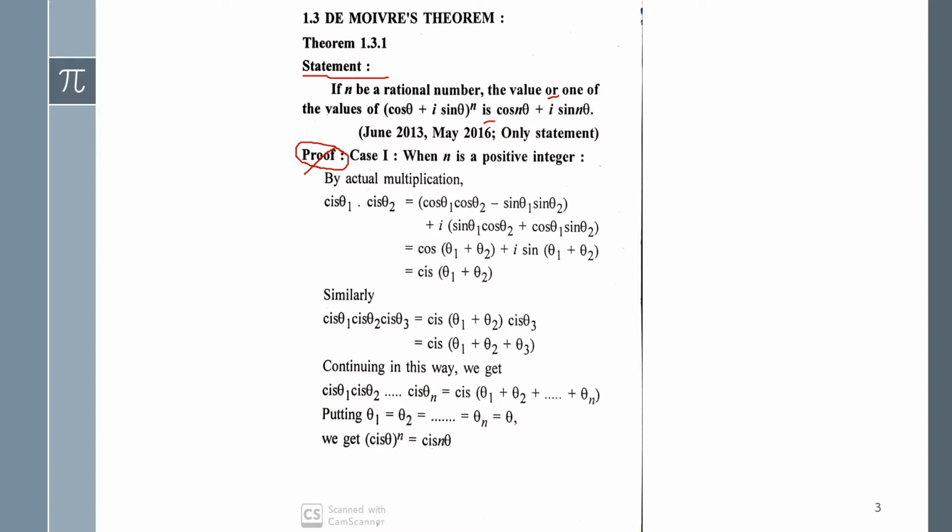If you have any component like cos theta plus I sin theta whole raised to n, then equals to, you can apply cos n theta plus I sin n theta. For example, if I give cos theta plus I sin theta whole raised to 3, then you can write here cos 3 theta plus I sin 3 theta. Okay, so what will come here, if 3 is given here then 3 here and here also 3.